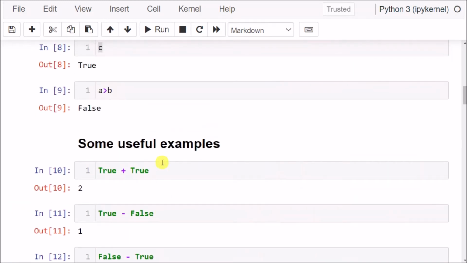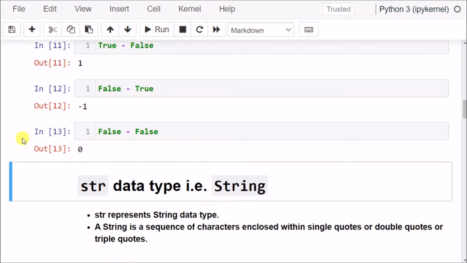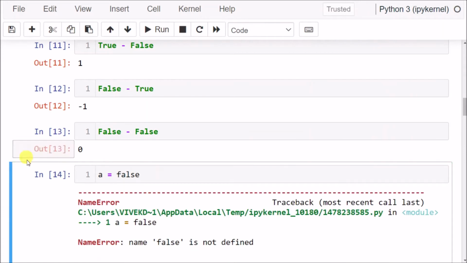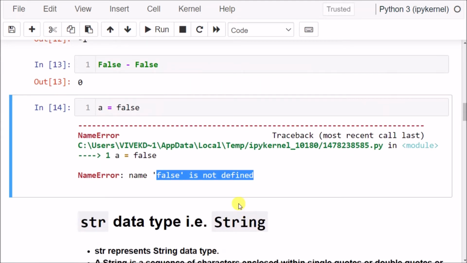It will throw an error when we assign a is equal to false; it returns a name error, that is, false is not defined. That's why we have to assign False or True where F and T are in uppercase.